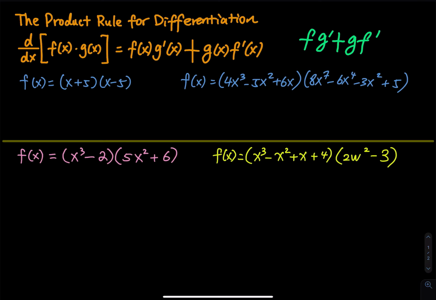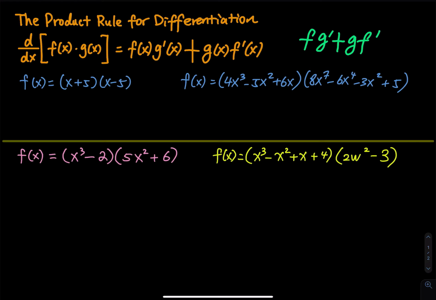So the first function I have for you is f of x equals x plus 5 times x minus 5. Do we need to use product rule? This is clearly a product of two functions. The first one is x plus 5, the second one is x minus 5. So this is a product of two linear functions. Do we need to use product rule? The answer is, in this function, the answer is no, because let's say you don't know product rule, you never